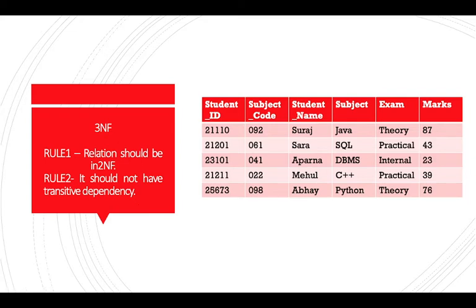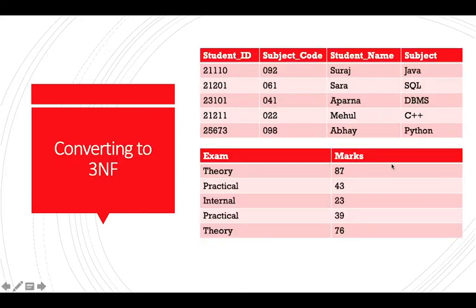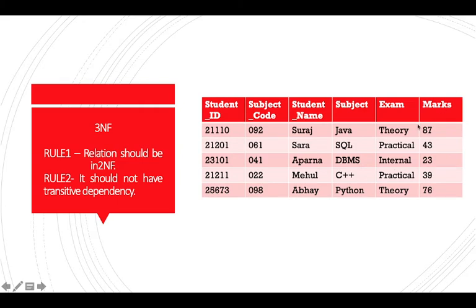That is very simple to do. What we are going to do is simply decompose our tables like we did in our previous video. If you haven't checked the previous video, I would suggest you watch that entire video. It will be much clearer to you after you watch that video and then understand this concept. So to turn your table into 3NF, we have to remove this exam and marks, which are showing transitive dependency. We need to remove this transitive dependency.